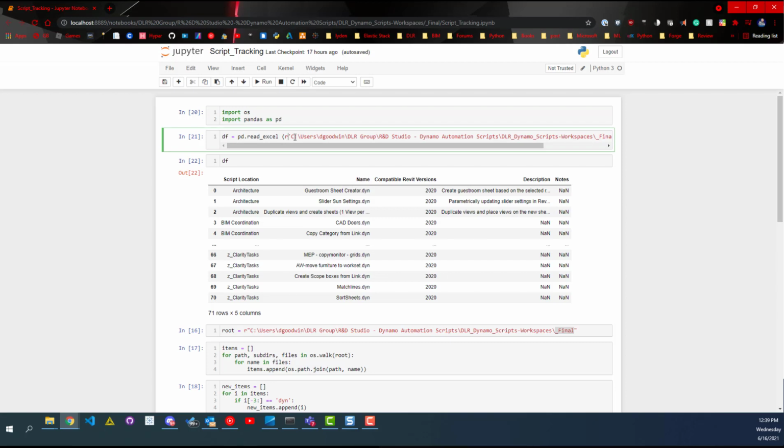So to explain this, we have a whole bunch of scripts, and they're separated by year. And then they're put into discipline folders, and that's what the script location you see here is for. The reason we separate them by compatible Revit versions is because this script here can run on 2020, but we have never checked it on 2021. And so when we copy it to the 2021 folder, we run it against 2021 test